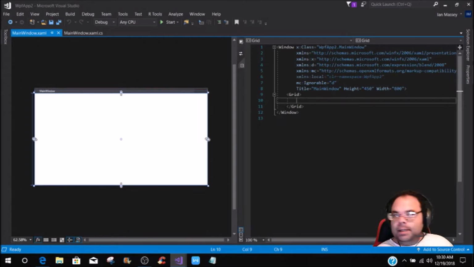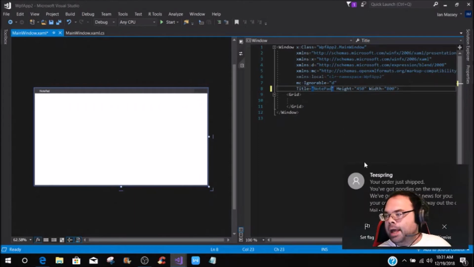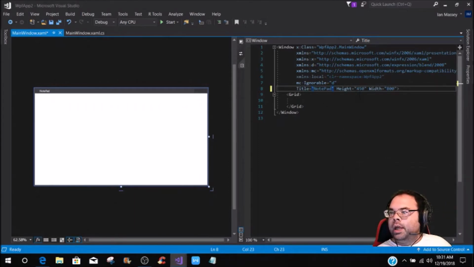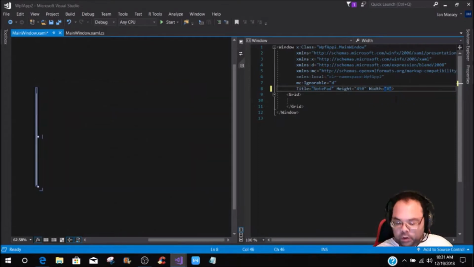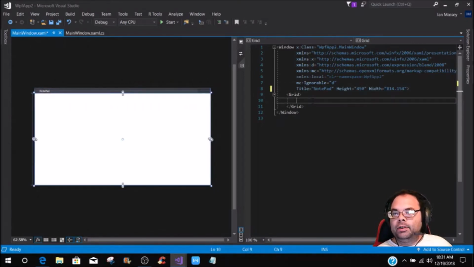layout of this. If we notice that our title is MainWindow, what we need to do first is change it, and this can be whatever you want to name it. I'm going to put it as Notepad. Then, to get the same dimensions as what I have, you can take the height and leave it at 450, and the width you are going to put is 814.154. The reason I'm doing it like that is you'll be able to get about a 107 character limit on a line within this,